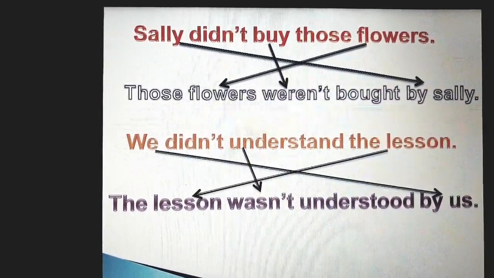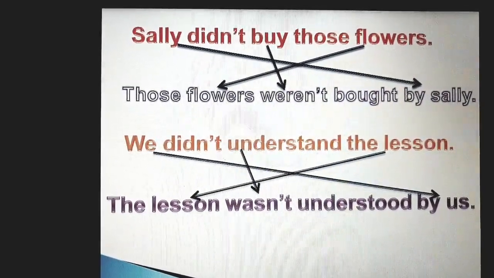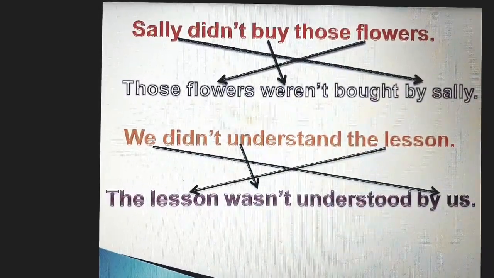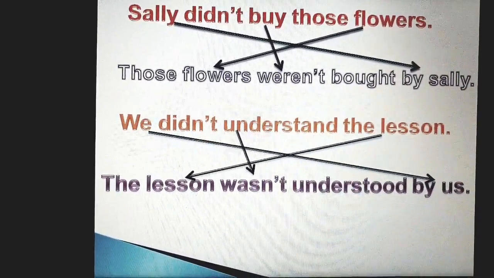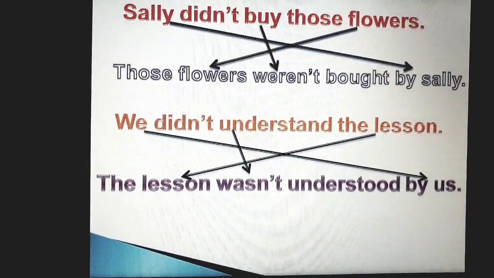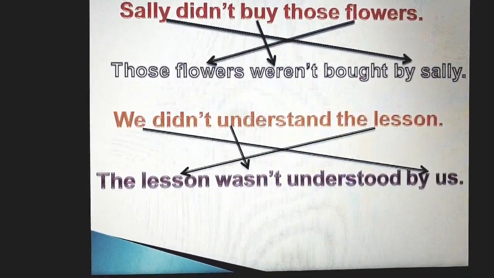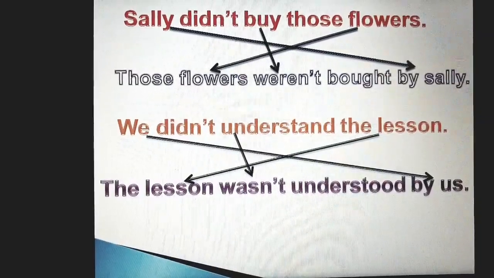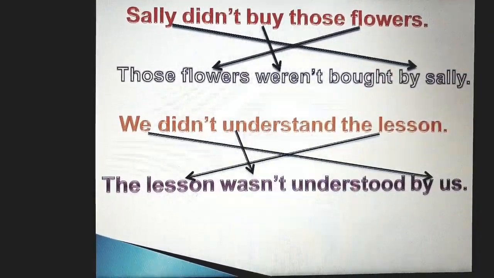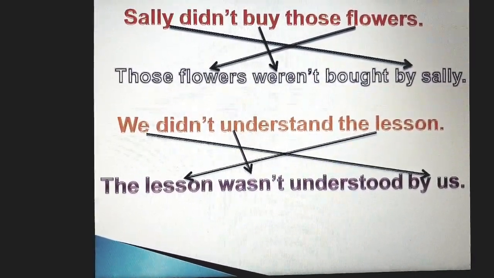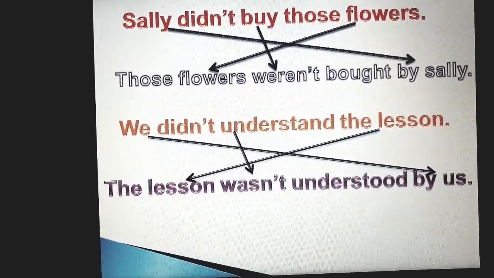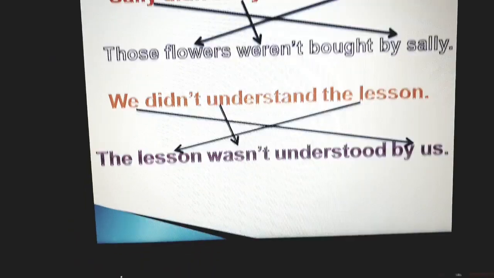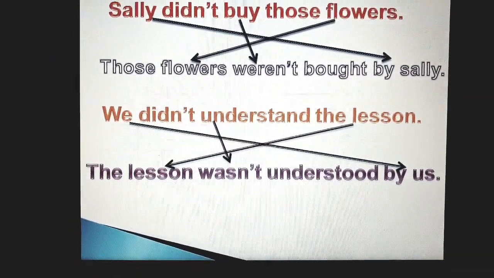Sally didn't buy those flowers. As we said, Sally is the subject, didn't buy is the negative verb, and those flowers is the object. So it becomes those flowers, and it is not singular, it is plural, were not or weren't, and buy becomes bought, by whom? By Sally. Let's move to the second example